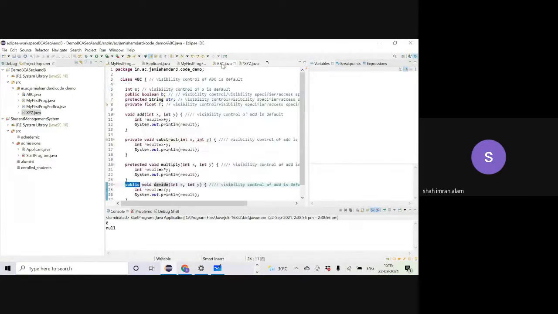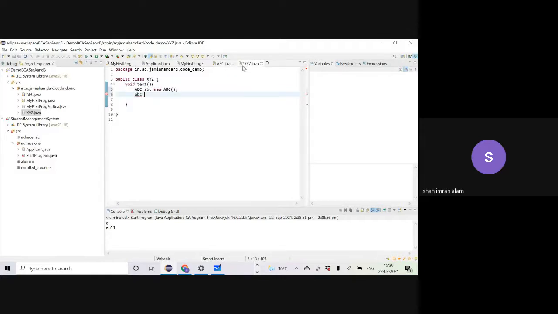So the variable f, which is private, and the method subtract, which is private, these two are not visible in the code which I am writing in the test method of the XYZ class. So it's about the visibility of the part of the code, that what part of the code a particular variable or method is visible to you. As of now, in the drop down list, I cannot find a trace of the private variable or methods.